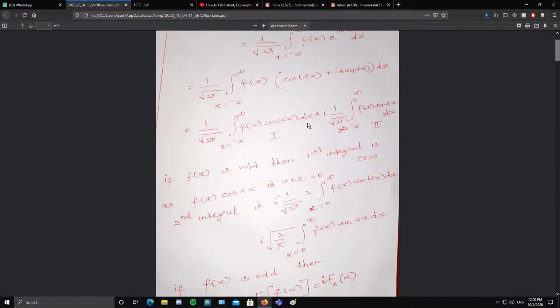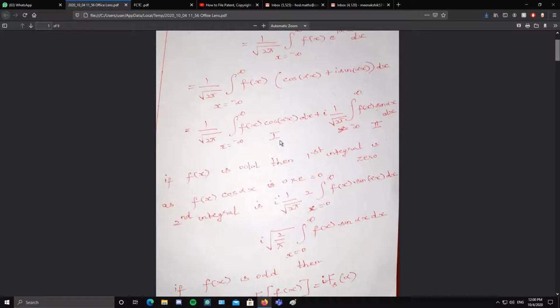As you did for Fourier series, you know that if it is an odd function, you will have a sine series, and if you have an even function, you will have a cosine series. So here also, given a function, if it is odd or even, we can find out whether the cosine transform or sine transform will exist. So let us assume that the given function is odd.